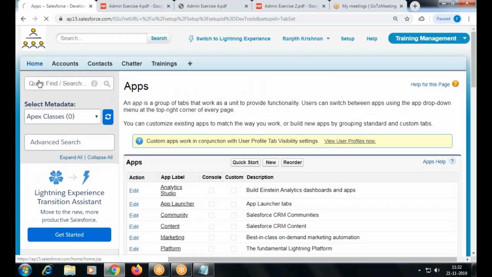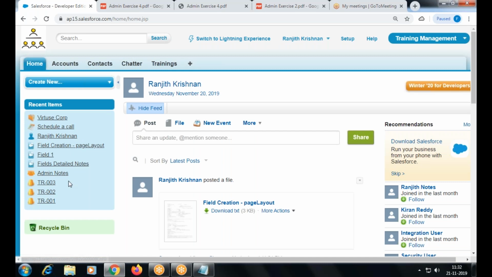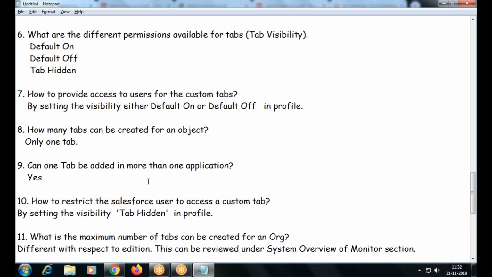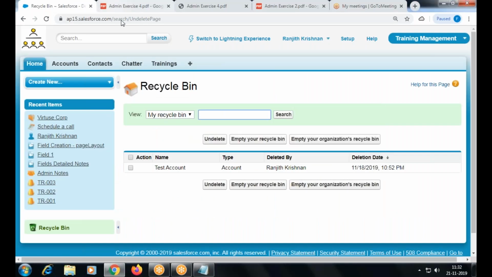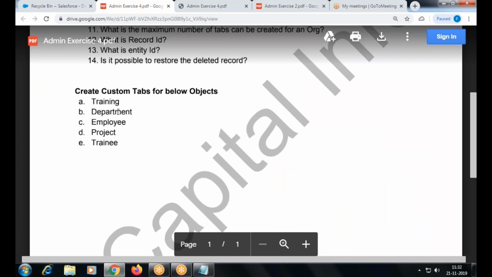Home side, it's called sidebar. From the recycle bin, you can restore. Hope you are able to create the tabs.